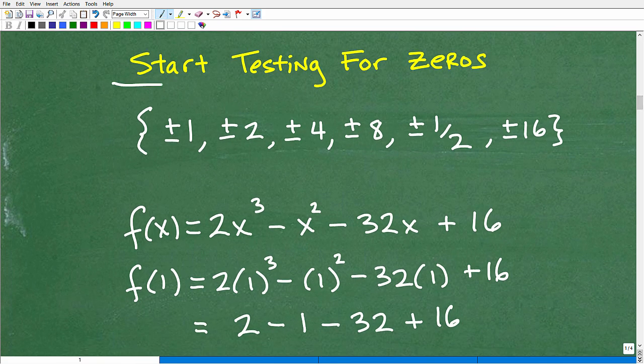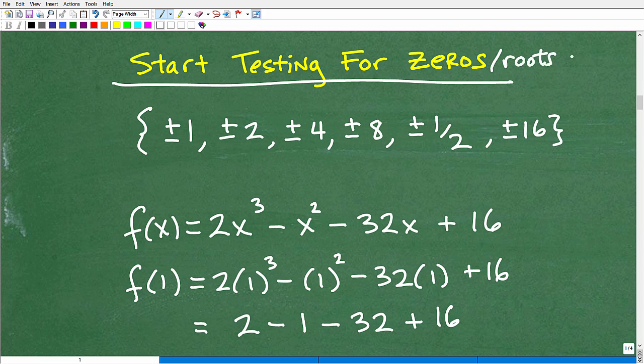So let's start testing for zeros. Zero is another word for roots or solutions, so basically answers. We're looking for the solutions to this equation. So here is our list that we just created with all our possible rational roots. So how do we start testing for zeros? It's pretty